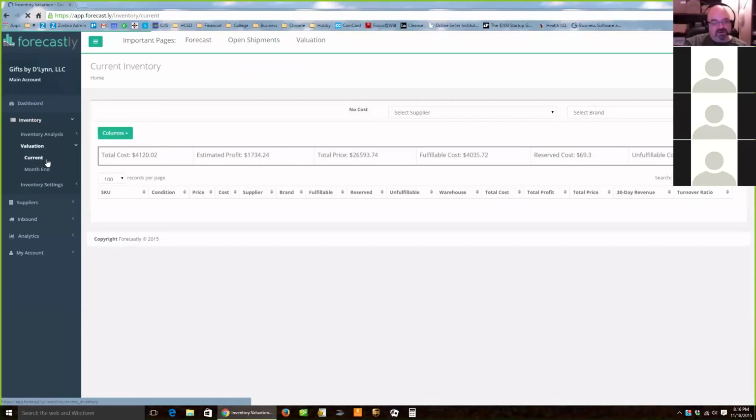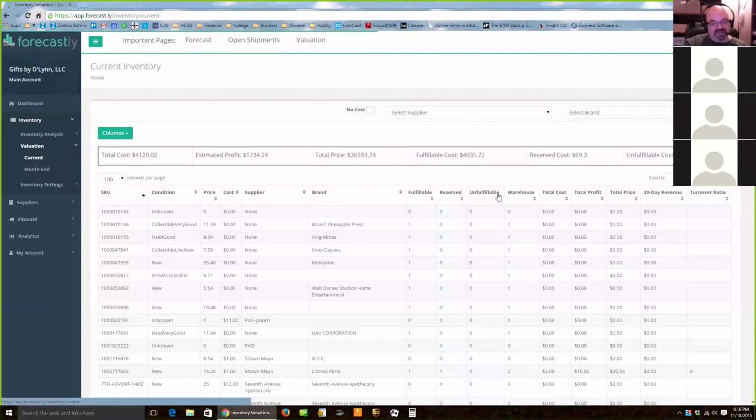So you can click on current, and again, as you can see from my last screen, I don't have everything updated. But once you do, if you check your current valuation, it will show you your current costs, your estimated profit, the total price of all items you have there, the fulfillable cost, the cost of the items that are reserved, and the cost of items that are unfulfillable. So it's a good way to get a real good snapshot of what your current inventory is,